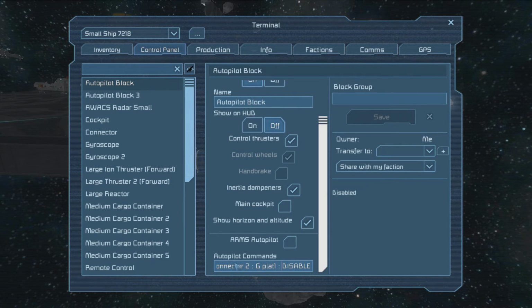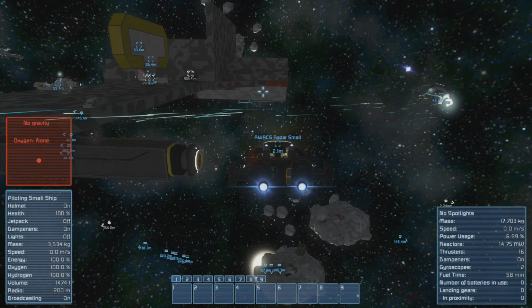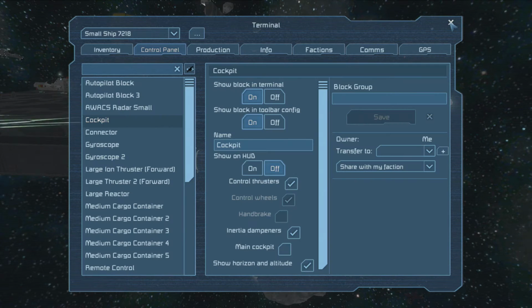That's the most scripting I can do. And then I tried to figure out how you can disconnect from the connector. Also relatively simple. Use autopilot block 3. The cool thing is you could even set up...